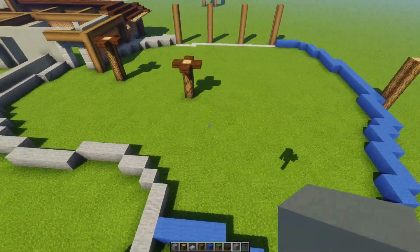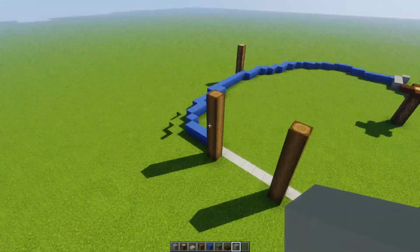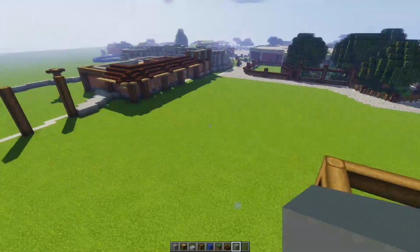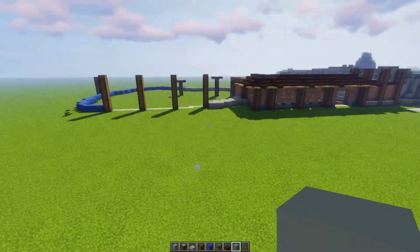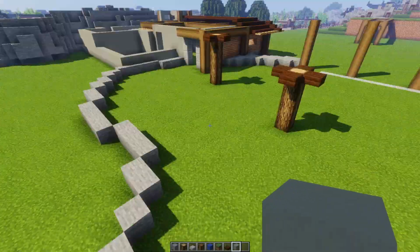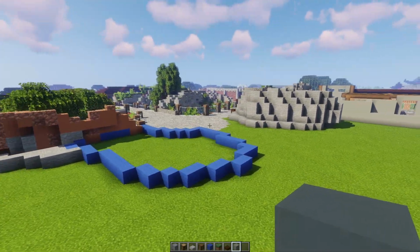And then as for the exhibit itself, I think it's gonna turn out okay. I just gotta figure out some of the parameters here, how this is gonna work with some of the other builds. I'm not sure if it's gonna work with the elevated pathway anymore though, mostly because it ended up going far more to the side than I was expecting, because I was originally gonna make it go this direction, but the problem with that is that it kind of limits the space that this pathway coming